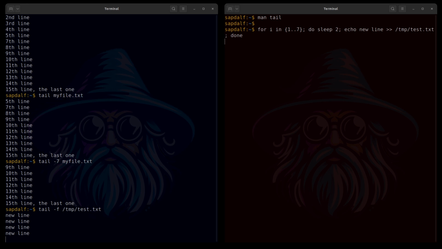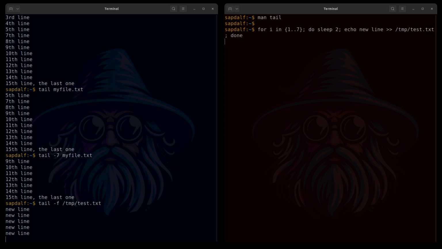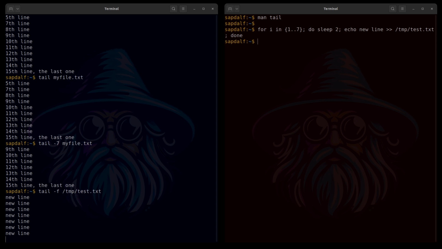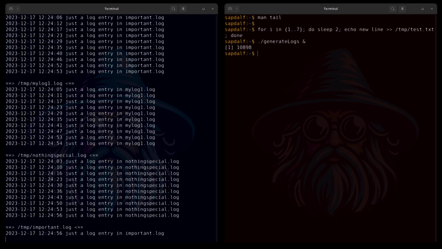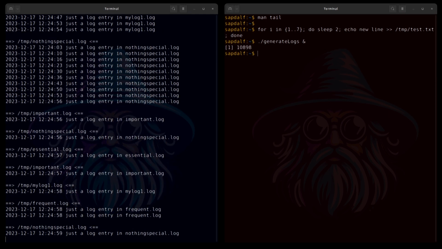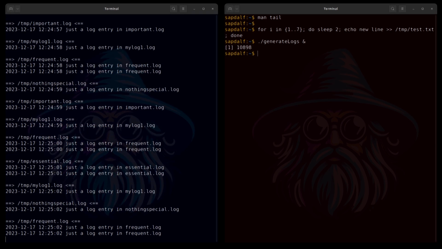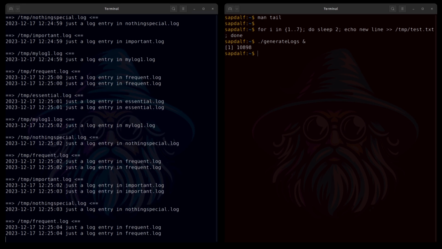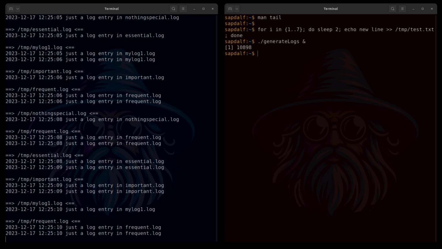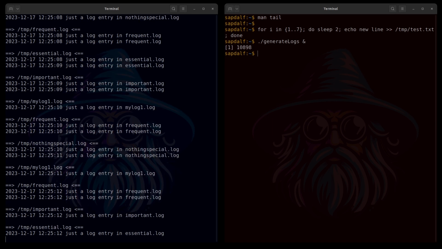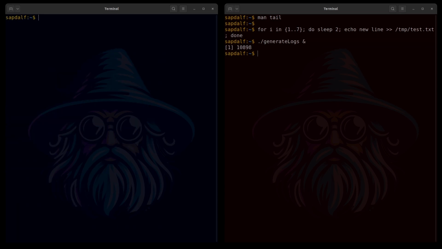The lines appear at regular intervals. In the same way, you can view any text logs. Let me run the script to start generating new entries to several logs. Tail can follow more files simultaneously. This is useful in many situations. This way you can check appearing entries in all SAP work processes logs, which is extremely useful. As you could notice in our example, you can see not only the new entries, but also information in which log file they appeared. The opposite of the tail is the head, especially in case of a snake.